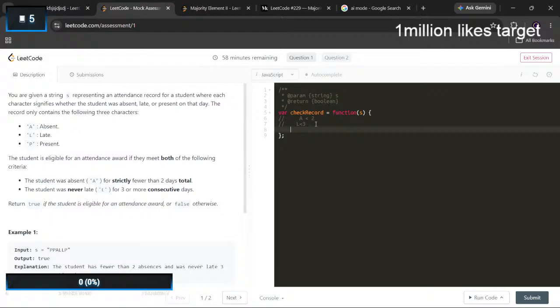Now we're going to maintain a counter. Let A count, L count.